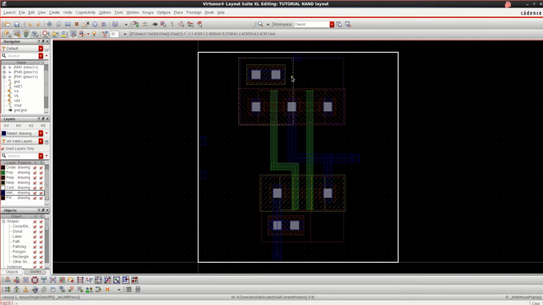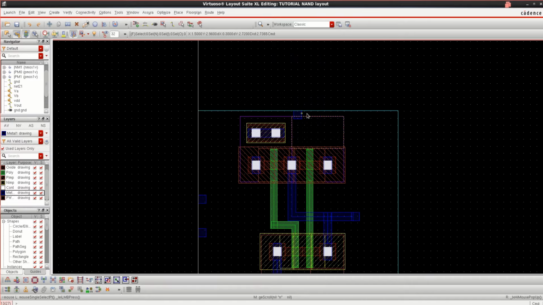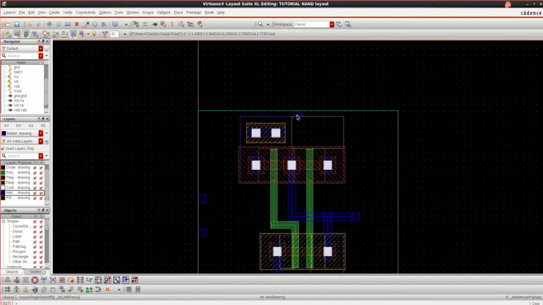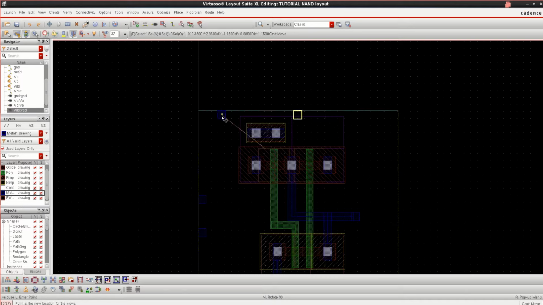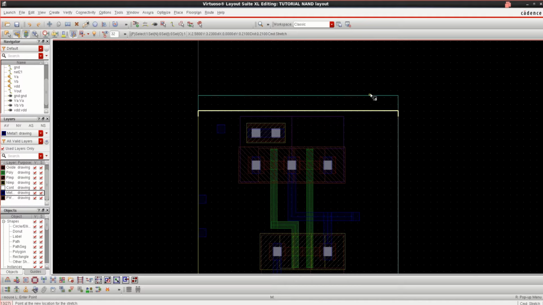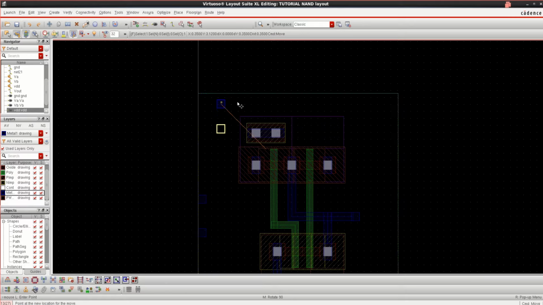Next, similarly, you need to connect the VDD. Since the space is not available, you can increase the PR boundary. So to do that, press S for stretching. You can stretch the PR boundary. If you don't want to select this pin, you can just move this aside. Select only the PR boundary. Now you just connect this.